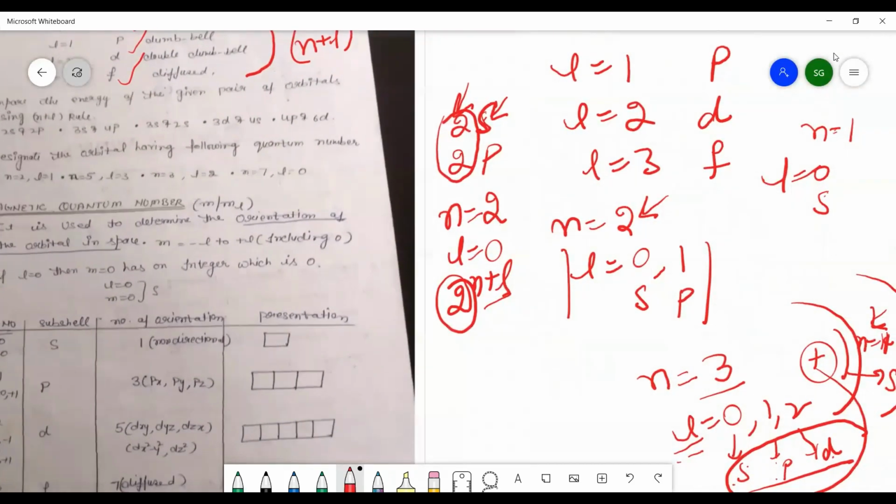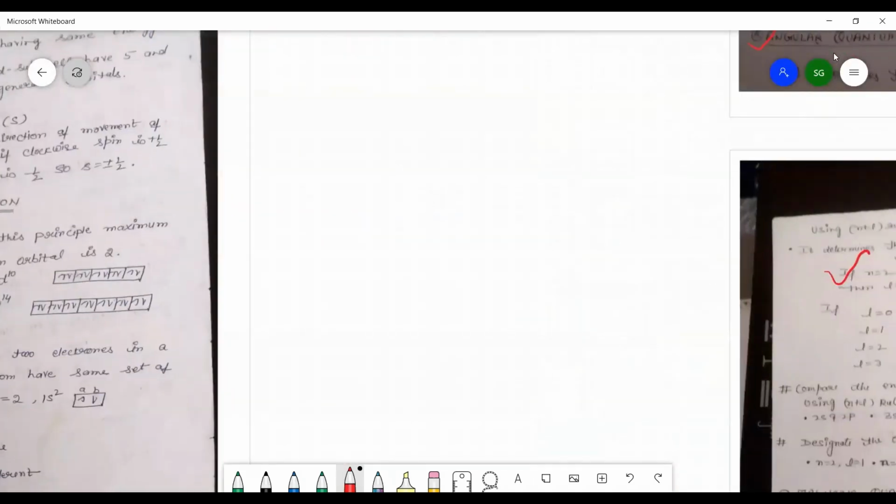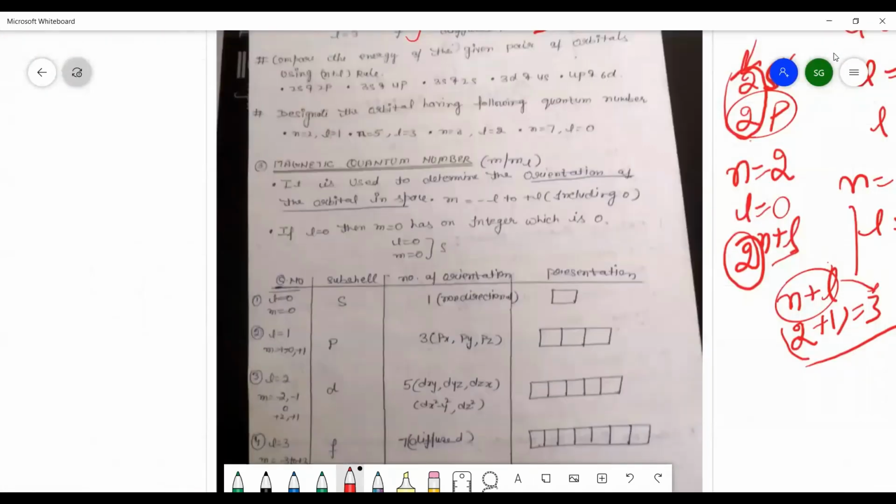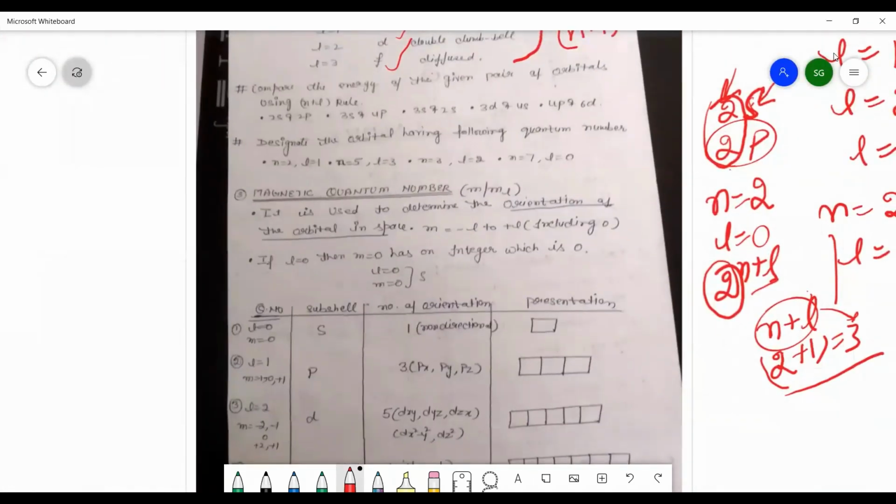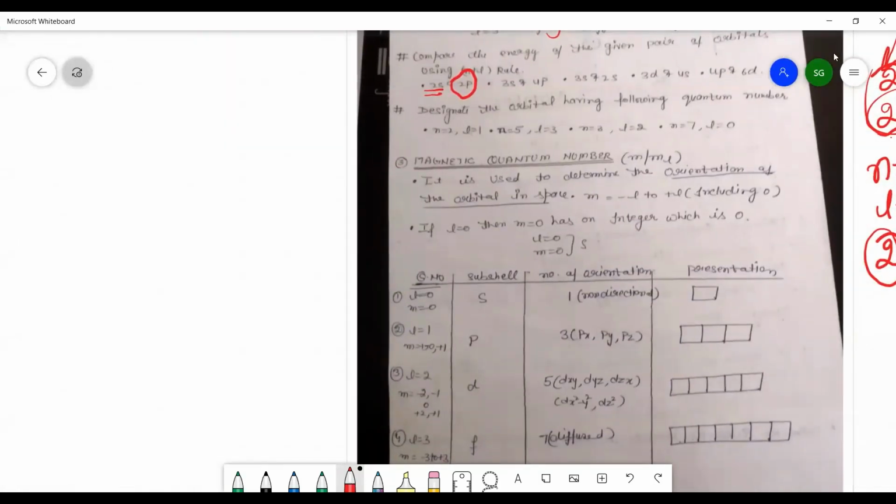In this case if आप ऑर्बिटल लेते हैं 2p ऑर्बिटल तो n प्लस L क्या होगा 2 प्लस 1, that is comes out to be 3. So n plus L इसका ज्यादा है, that means 2p orbital has the more energy. यहाँ पर अगर आप देखेंगे तो 2p orbital has the high energy as compared to 2s orbital. एक बार और देखिए कि आप n और L की वैल्यू को कैसे फाइंड आउट कर सकते हैं.